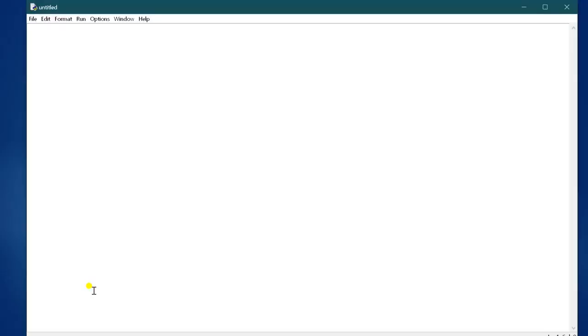So I am writing a program. For example, for letter in Python, it is a block, so use a colon. Now print what? That is letter.